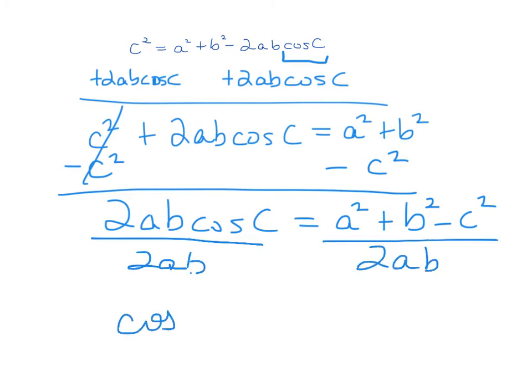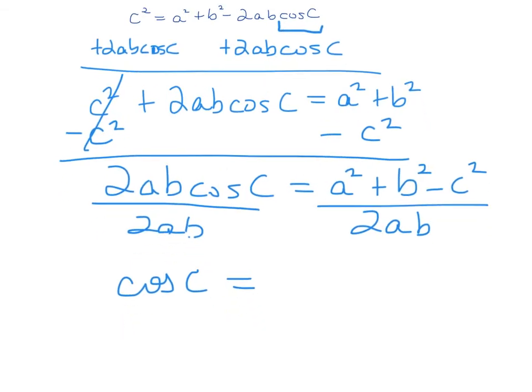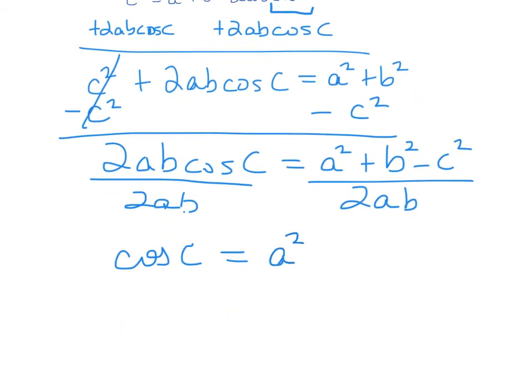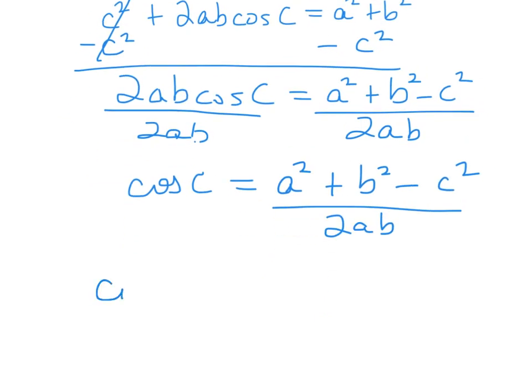So now my problem's a little bit simpler, and again, just memorize this, that the cosine of C is equal to A squared plus B squared minus C squared over 2AB. So then you don't have to do this whole manipulation process on the test or the quiz. So again, now let's replace my A, B, and C. So again, cosine C is equal to